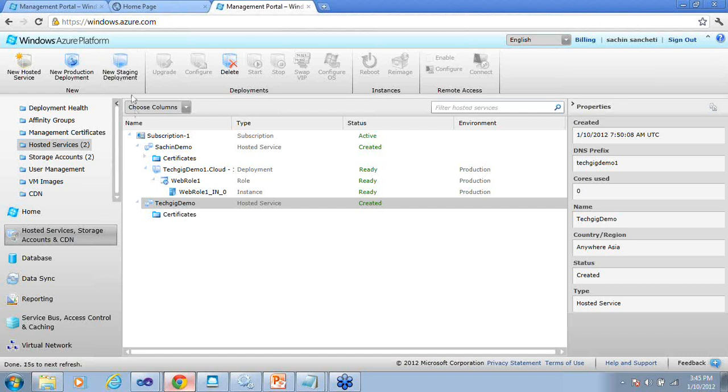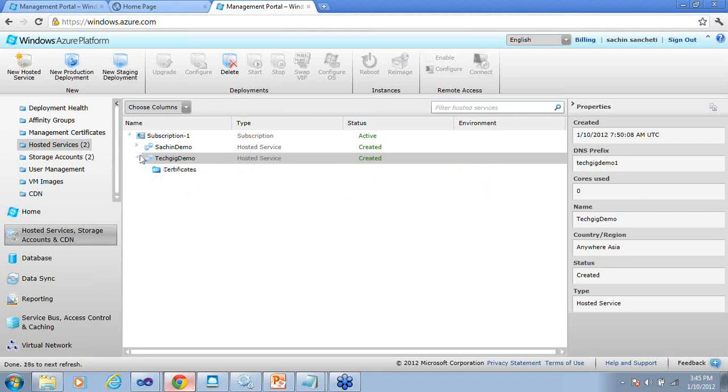Another advantage is you can run your deployment applications in staging. Once you are happy with that, you don't have to redeploy your application. You can just promote it to production and you can stop the production and staging environment quickly. This is one of the best features of cloud, or Windows Azure, for testing purposes, where an application goes through multiple cycles. You could create multiple environments, create a staging environment, test it, and quickly promote it to production.